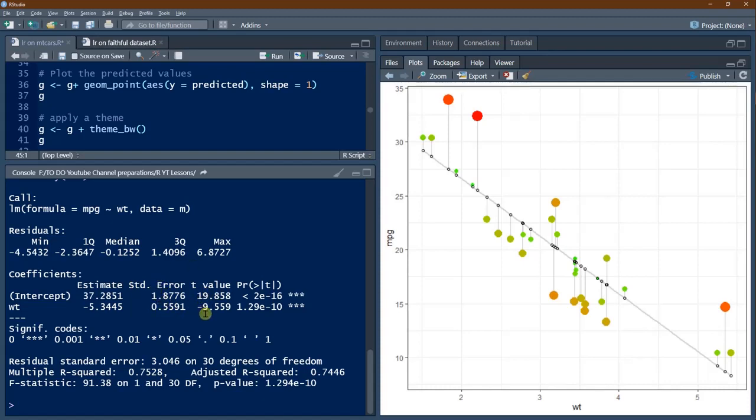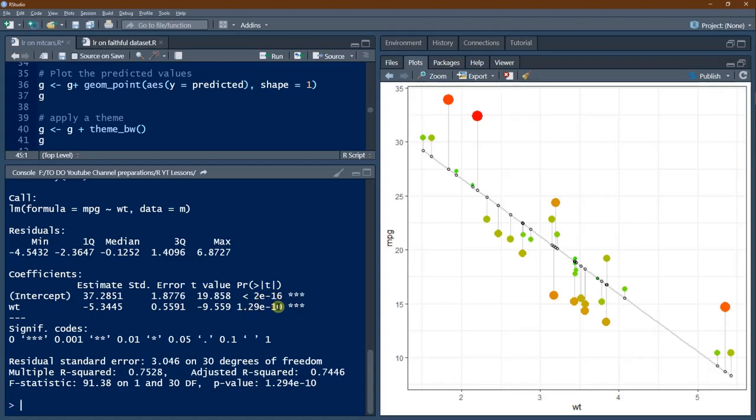So you get a standard error, and with the help of the standard error, you obtain a t-value. Now, t is a statistic, and once you find a t statistic, then you can find the probability. Now, what is this p-value? We have already seen what is the probability that this relationship, whatever we have obtained, is exactly due to fluke or just by chance. That probability should be very less. That means these are real. And here we see 2 into 10 to the power minus 16, which is very, very low value.